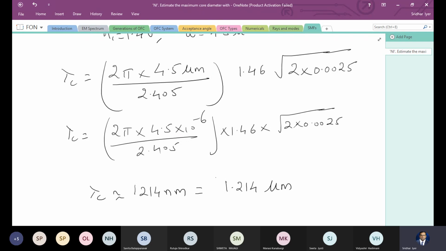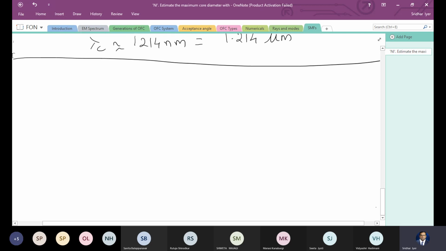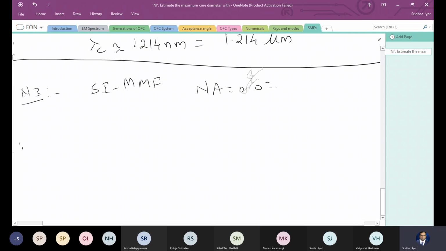Okay, let's try to solve another question here. I'll give you the question and I'll give you a minute to solve it yourself. This is the third numerical. It says a step index multimode fiber with NA equal to 0.2,